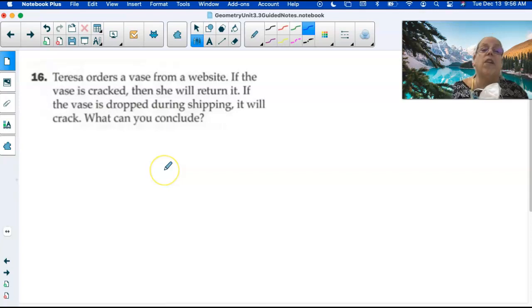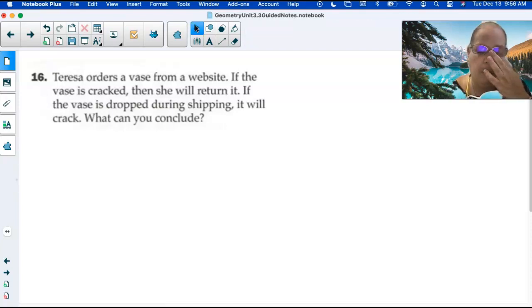Now, Teresa ordered a vase, or vase, however you want to say it, from a website. If the vase is cracked, then she will return it. If the vase is dropped during shipping, it will crack. What do you conclude? So what happens if it's dropped during shipping? It will probably crack, and then she will probably return it. So if the vase